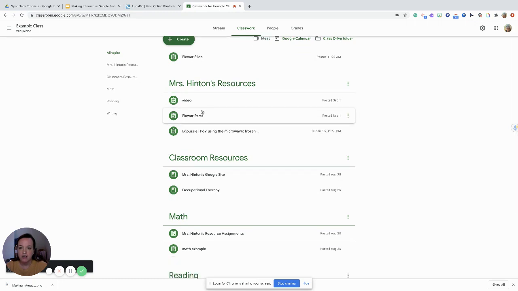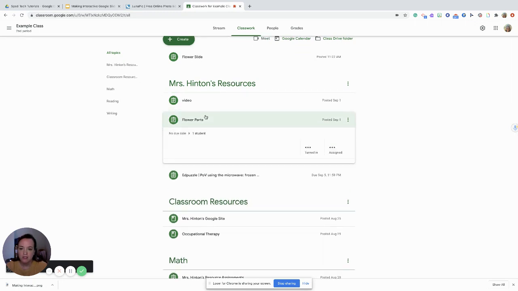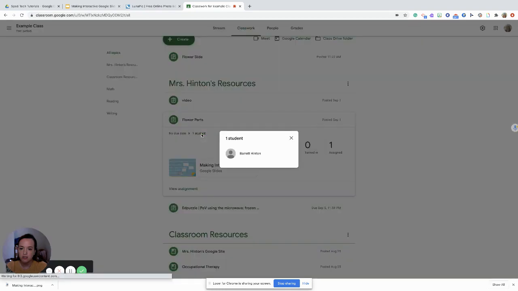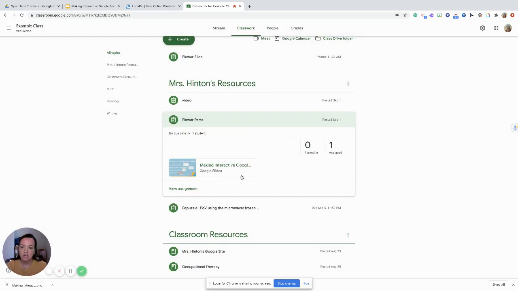So if you look right here, it showed up under flower parts. I'm going to click on that. I can see I've only assigned it to the one student, and I can see which student I assigned that to. And now the student can go in and they can work with that